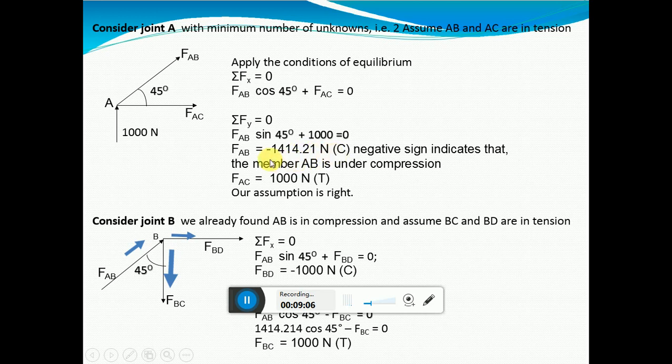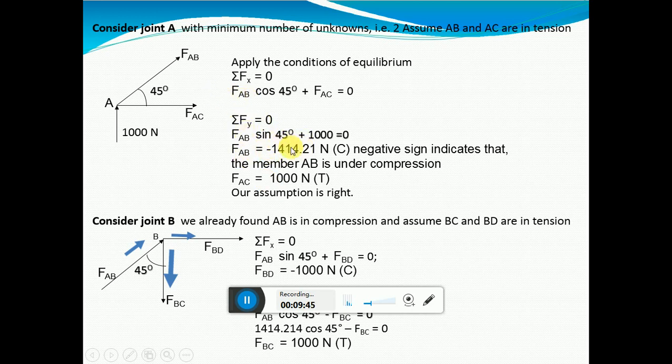1414.21 Newton. What did I say when we get a minus sign? It means it is in compression. Negative sign indicates that the member AB is under compression. Like if the arrow mark is pointing outside the joint, that means it is in tension. What we assumed when we started the problem is FAB has tension. From both the joints the force is coming out. Now here we found out that it is not tension whereas it is compression because of the negative sign. Okay, FAB is negative. So